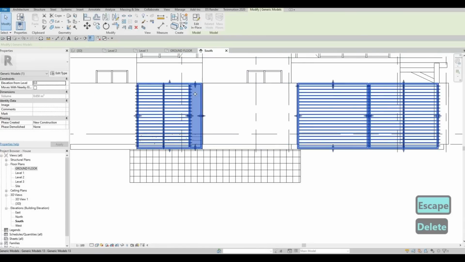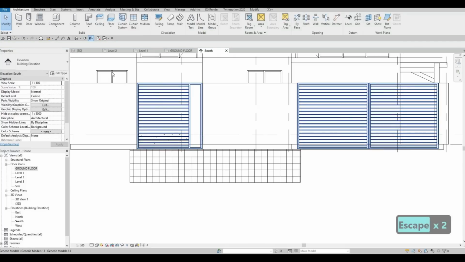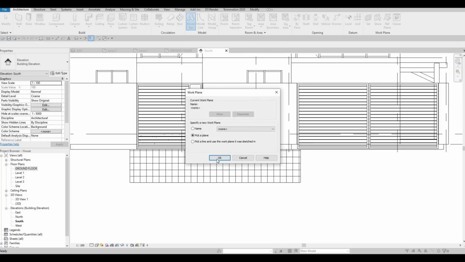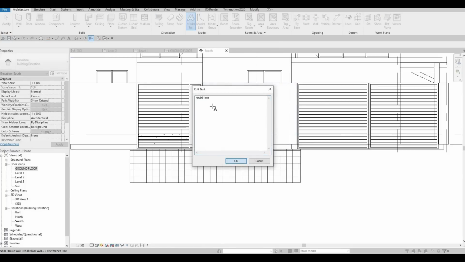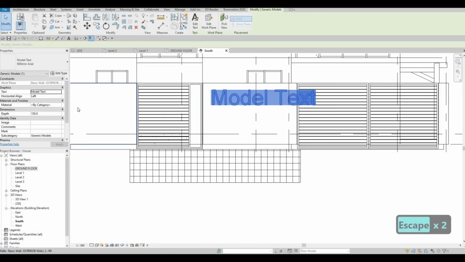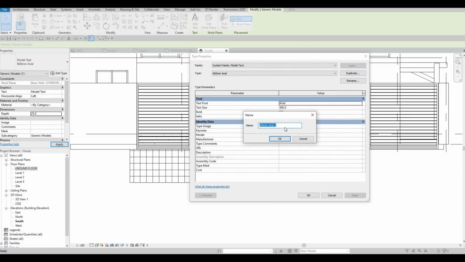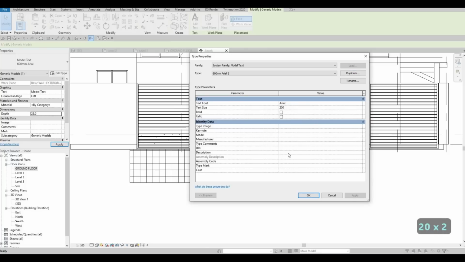It's probably reversed because of the way this one was placed, but what we can do now is, instead of there, I'm gonna pick a plane on this, and then after that we could just move it later on. So here we could put in 25. We could edit this type, duplicate, and then here we could just put 200,